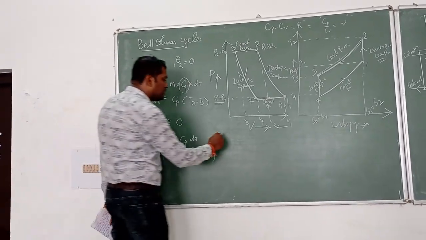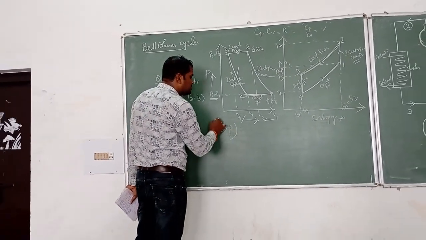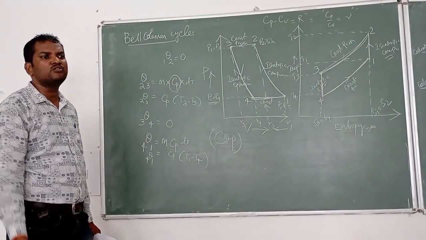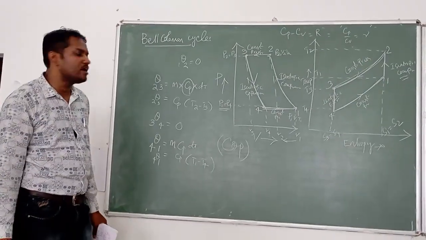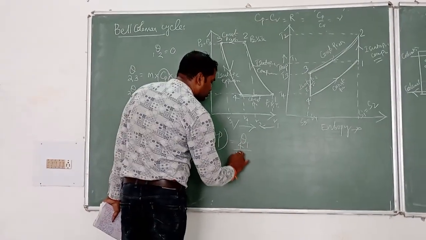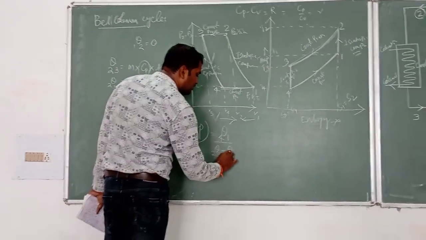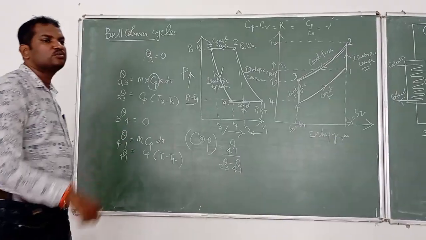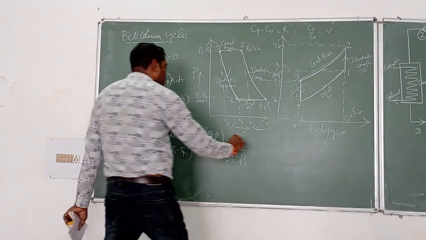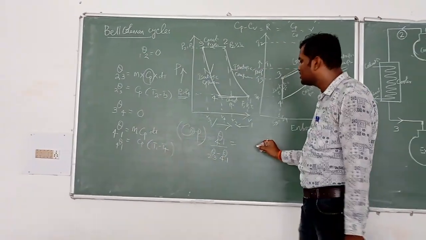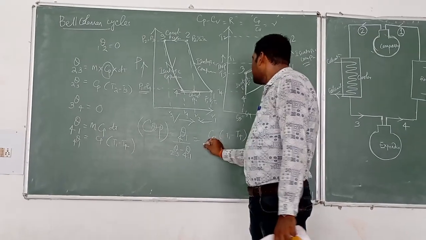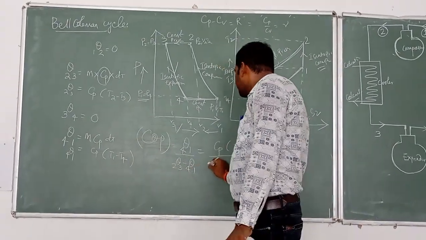Then we have to find out the COP. I have already said that for any refrigerator cycle, we have to find out the COP, the coefficient of performance, that is the amount of heat extracted from a lower body divided by work done. So COP is equal to Q4 to 1 divided by (Q2 to 3 minus Q4 to 1), the amount of heat absorbed from the lower body divided by work done, which is equal to, as already written, Q4 to 1 equals Cp into (T1 minus T4), divided by Q2 to 3,